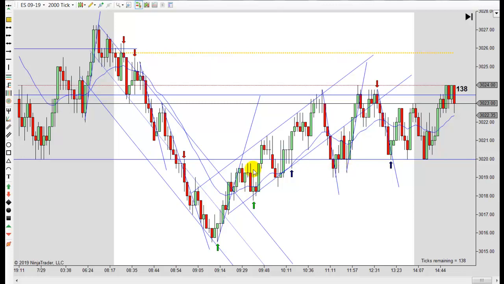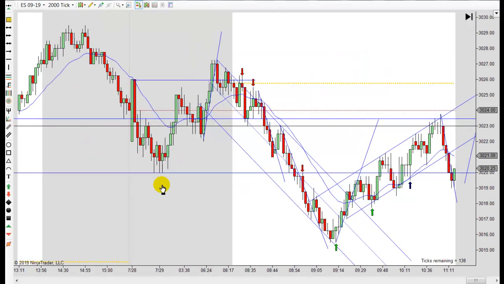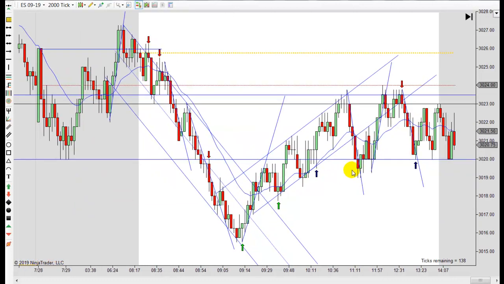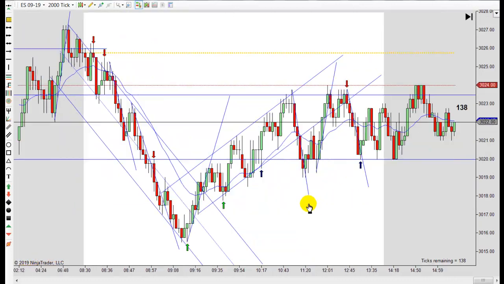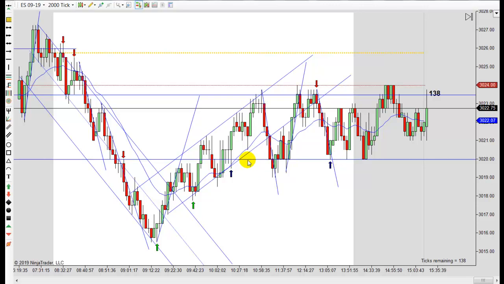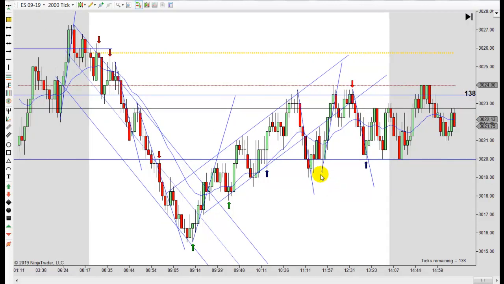And notice we're back inside. Here's your overnight lows. And notice how we're back inside that. Right here, you're getting back inside of it. I don't like going long. I wouldn't have a problem going long there if you had a nice signal bar, because we're looking to get